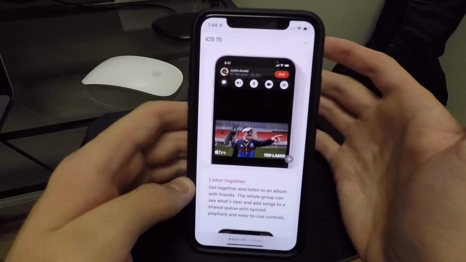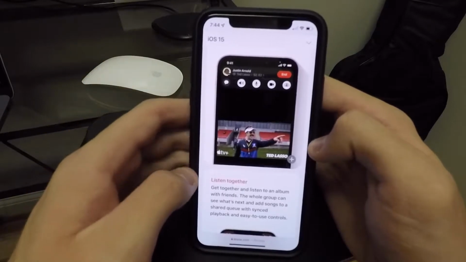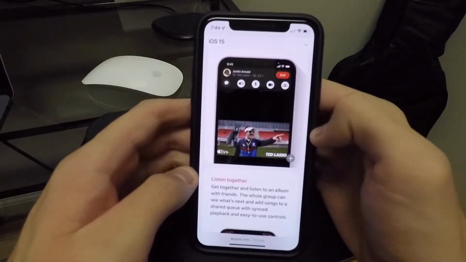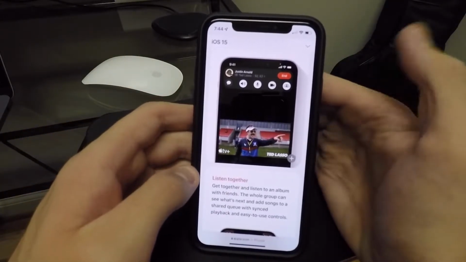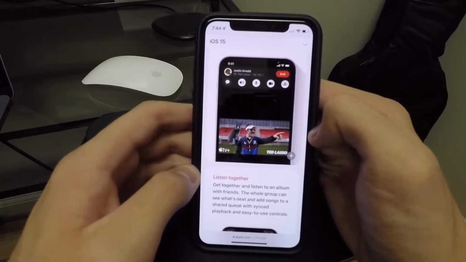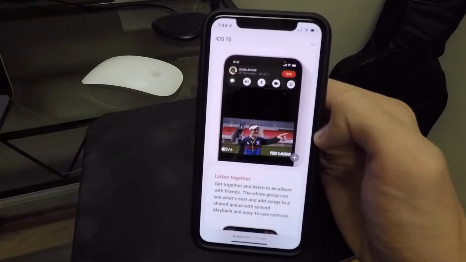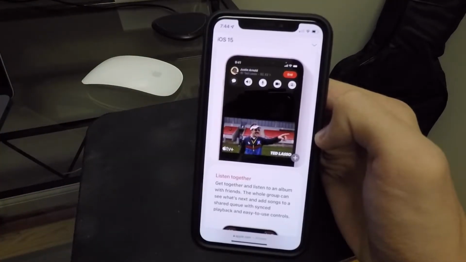If you choose to listen to music with your friends, you can even have a queue, so you can each add your own songs and all that, so it's a shared queue. There's also going to be smart volume, so it automatically adjusts the volume for you. You can even have multiple device support, connect through audio, video, text, so literally a ton of new things